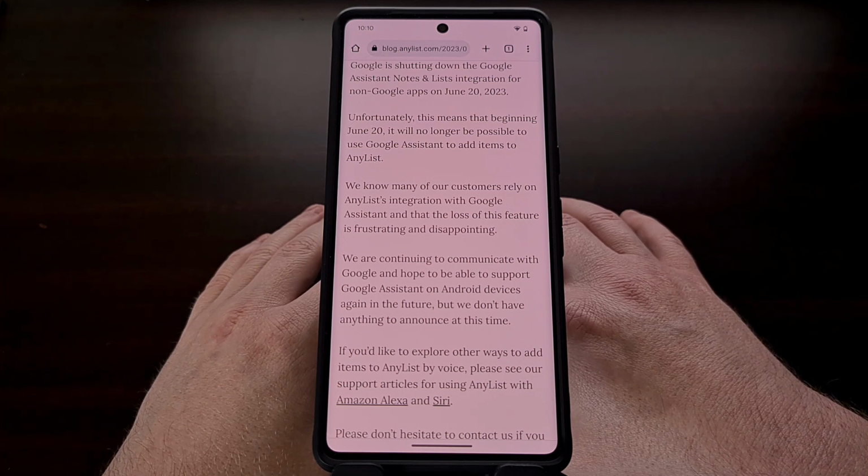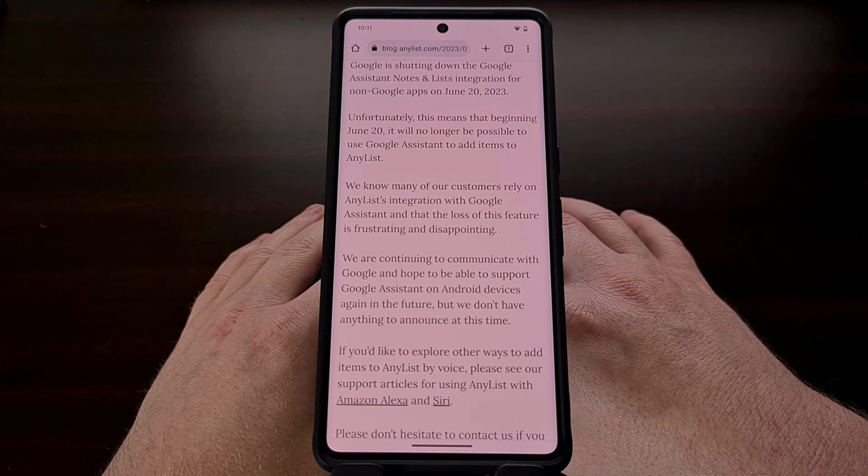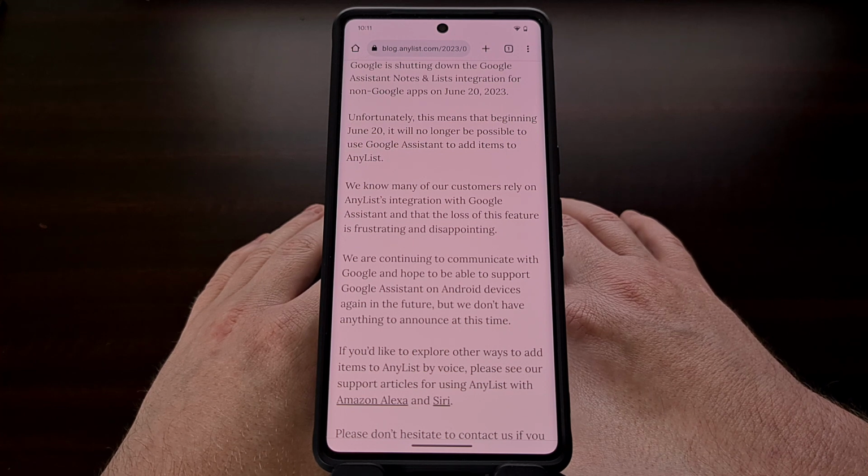Many felt like it was only the beginning and that Google would be opening up its virtual assistant capabilities to all third-party note and list apps. However, that didn't seem to be the case, as this was the last major announcement for the feature since its inception. It wasn't until June of last year that we learned Google Assistant would be losing this feature in a